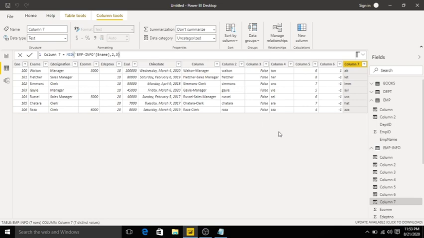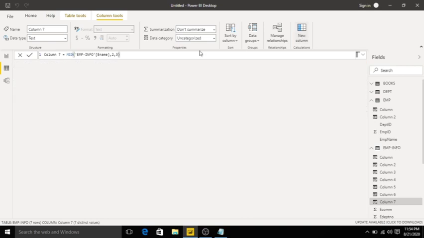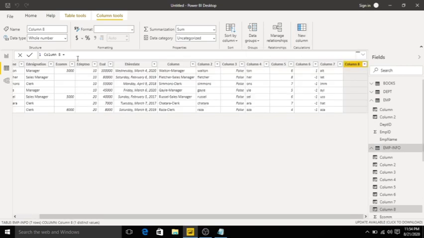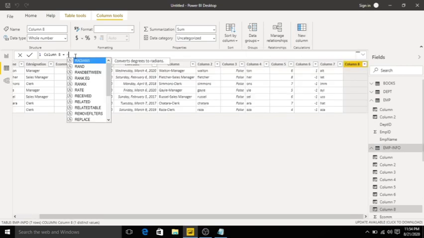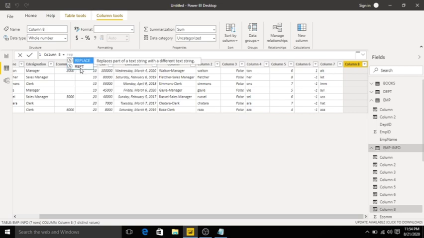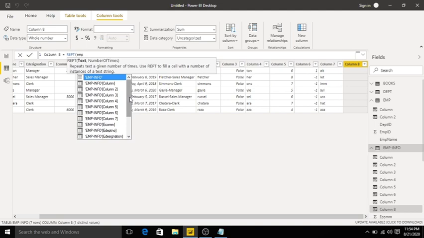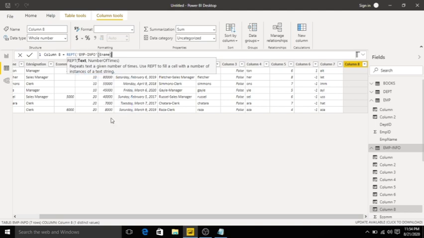We have another function called repeat. Repeat will repeat a text a given number of times. I will create a new column. Repeat employee info of ename. Click enter.